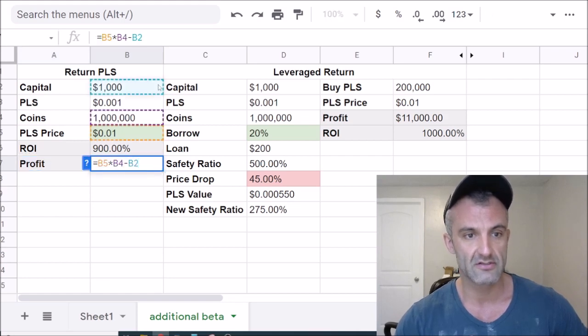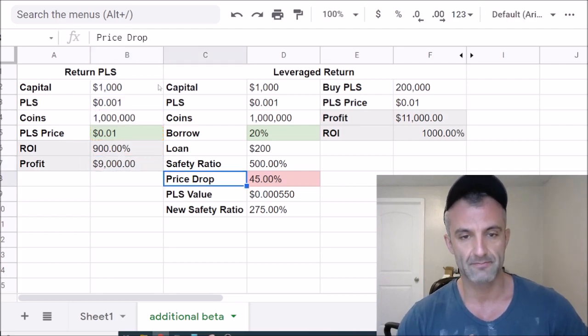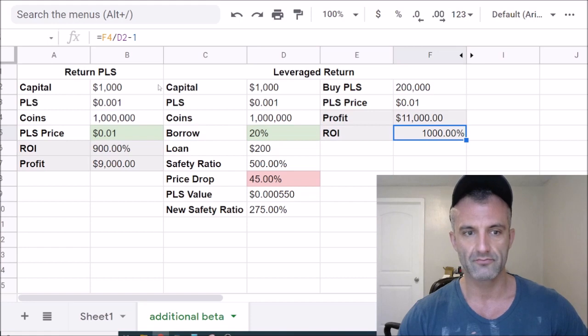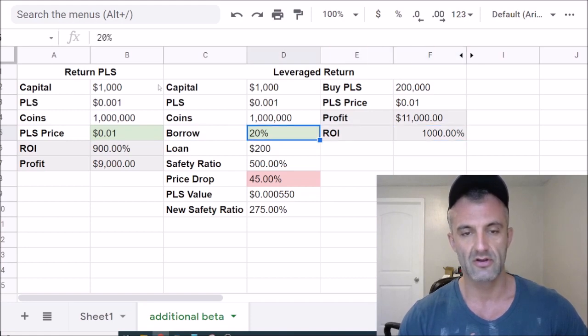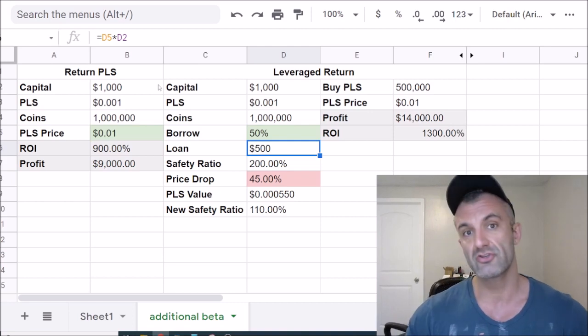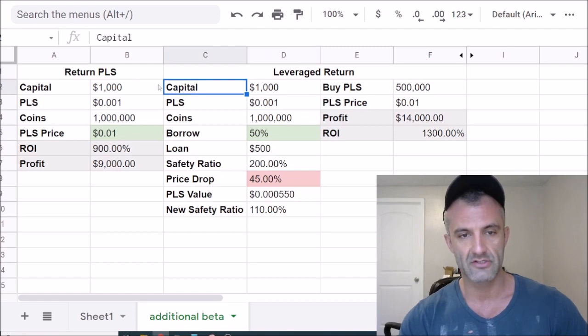And all this is the current price times the coins minus your initial bag. So you actually have over this, you have $10,000, right? But this is just the profit portion of that. Now, 900% return, pretty awesome, right? Well, look over here. What if you get 1,000% return or 1,300% return? The same exact thing happens, just like what we talked about, right? So let's walk through this example so you can understand.